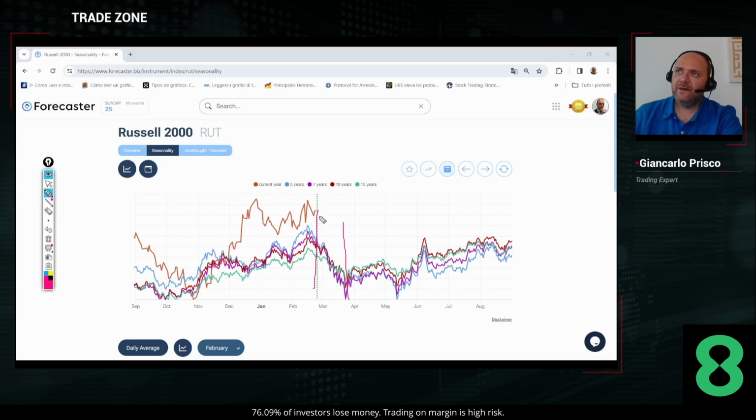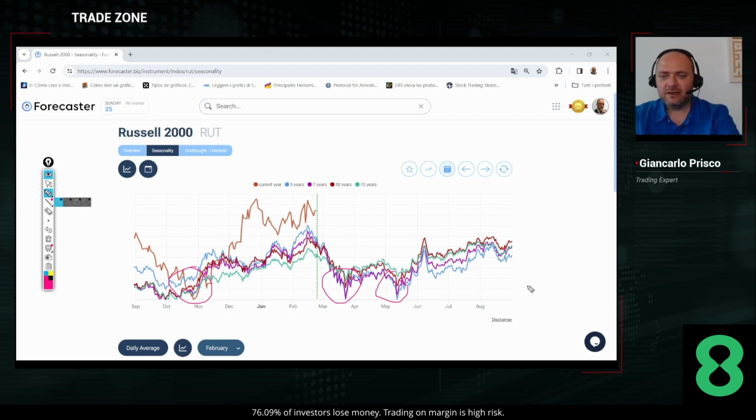So probably the market in this moment could remain a little more choppy, but in the middle of March, when we have the quarterly options and futures expiry, probably Russell could experience some important retracement that we can then use for our purchase. Take into consideration that the best periods to buy are always the same: March, middle of March, middle of May, and end of November. This is the best period where we can find buy opportunities. And of course, normally September, October, or August could start an important retrace.